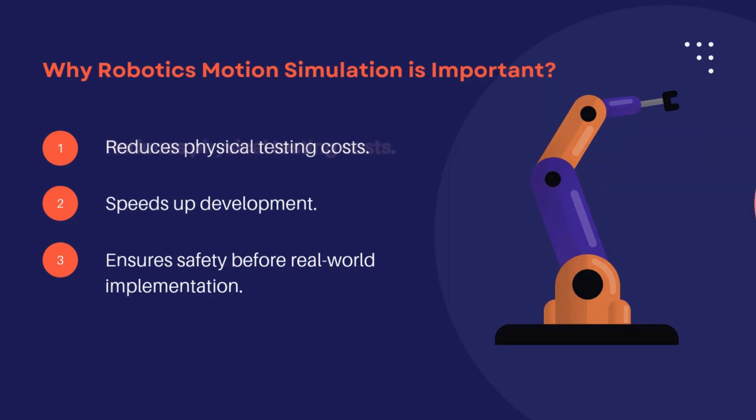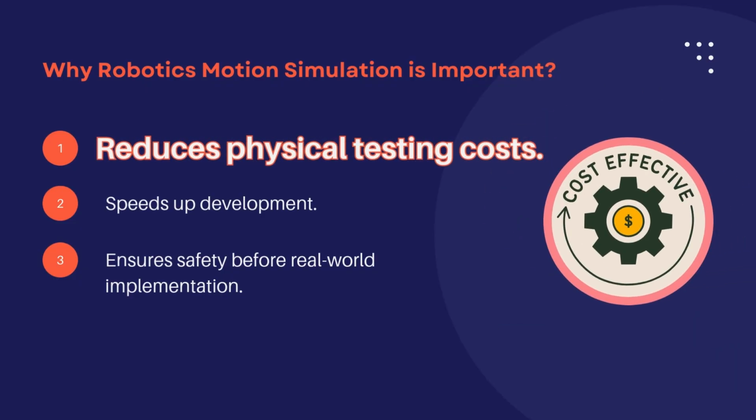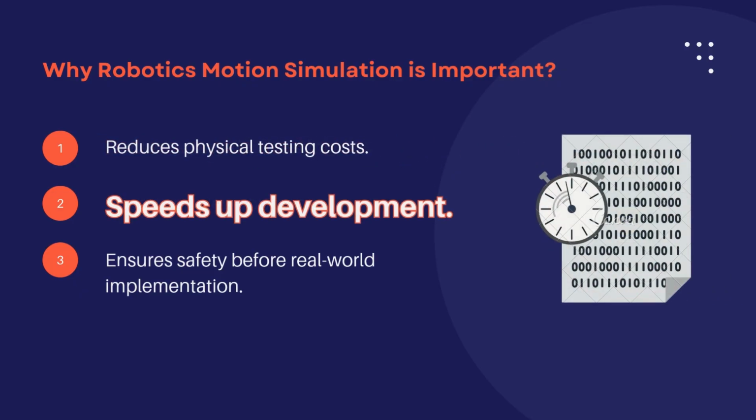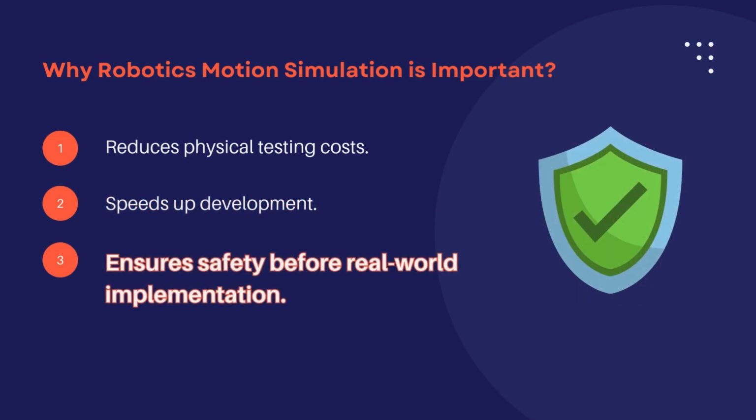Robotics motion simulation is crucial for reducing costs, accelerating development, and ensuring safety. It minimizes expenses by replacing physical prototypes with virtual testing, cutting material wastage and labor costs. Simulations also speed up development by allowing rapid testing of multiple designs without manufacturing delays. Additionally, they enhance safety by identifying potential failures before real-world deployment, which is essential in high-risk applications like autonomous driving